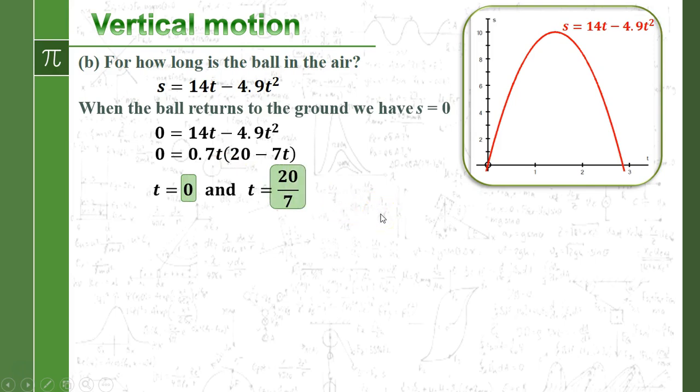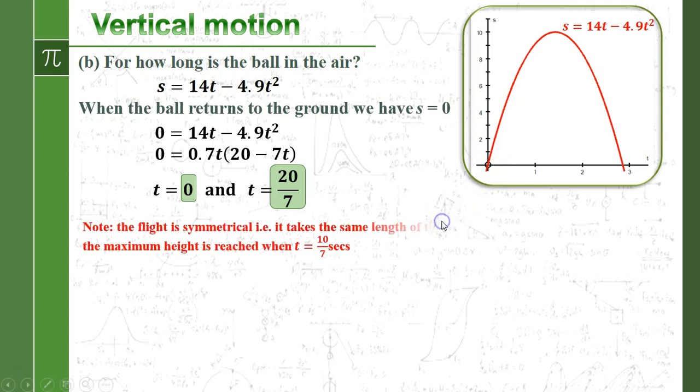is 20/7. The t equals 0 clearly comes from the fact that at the start, displacement is 0 when t is 0. So that's our default setting. You'll notice as well that the total time it took was 20/7. If you remember back to the previous slide, we reached the maximum height when t was 10/7,